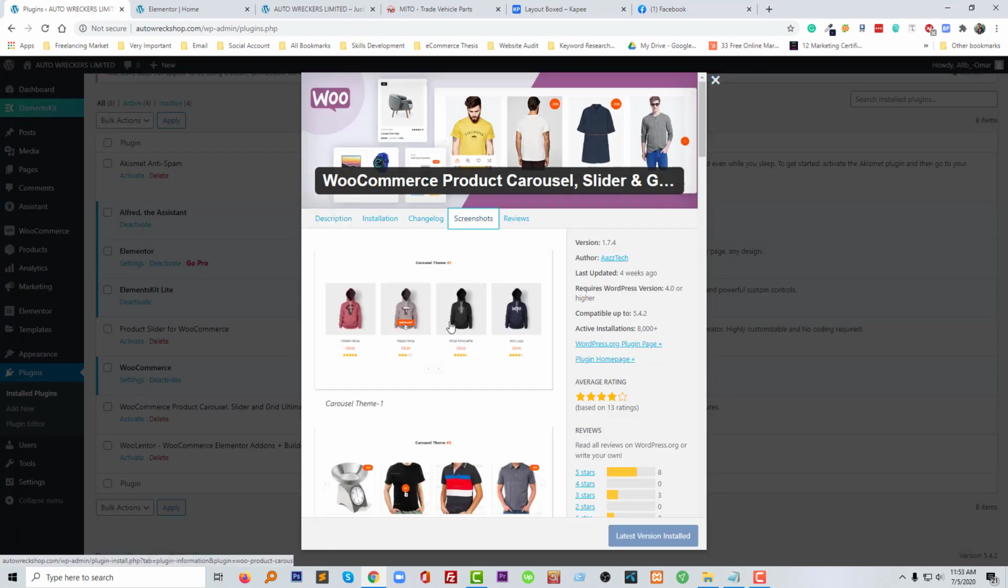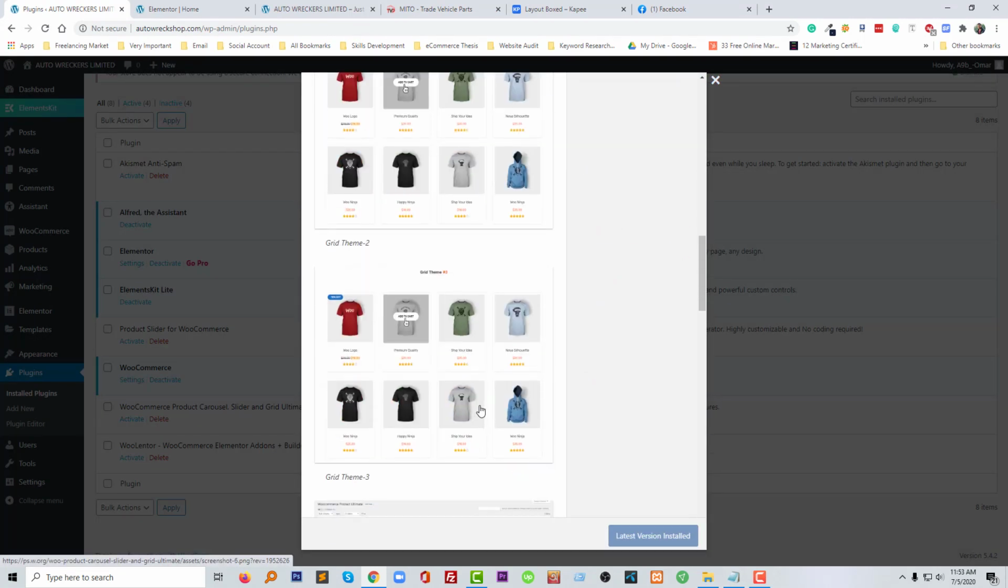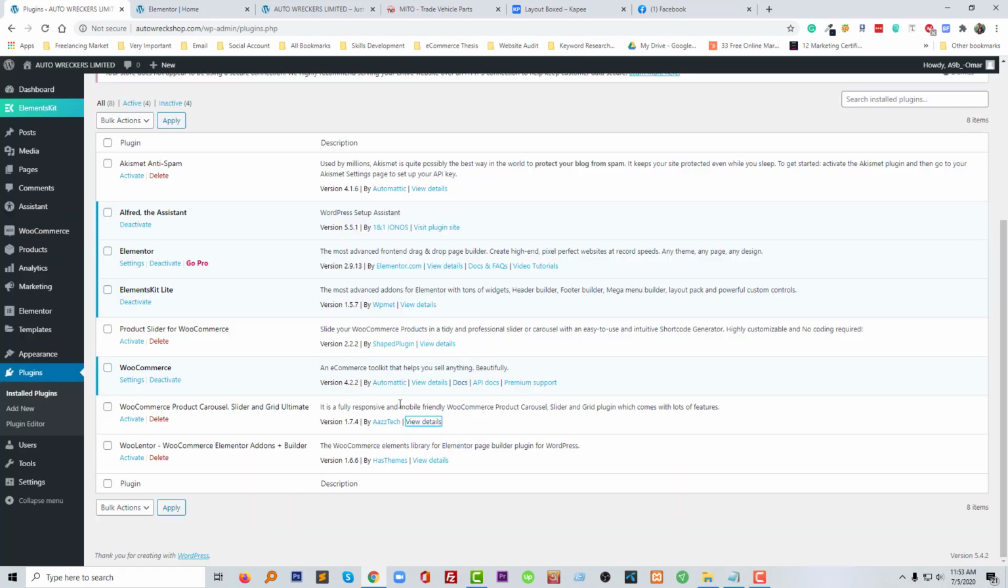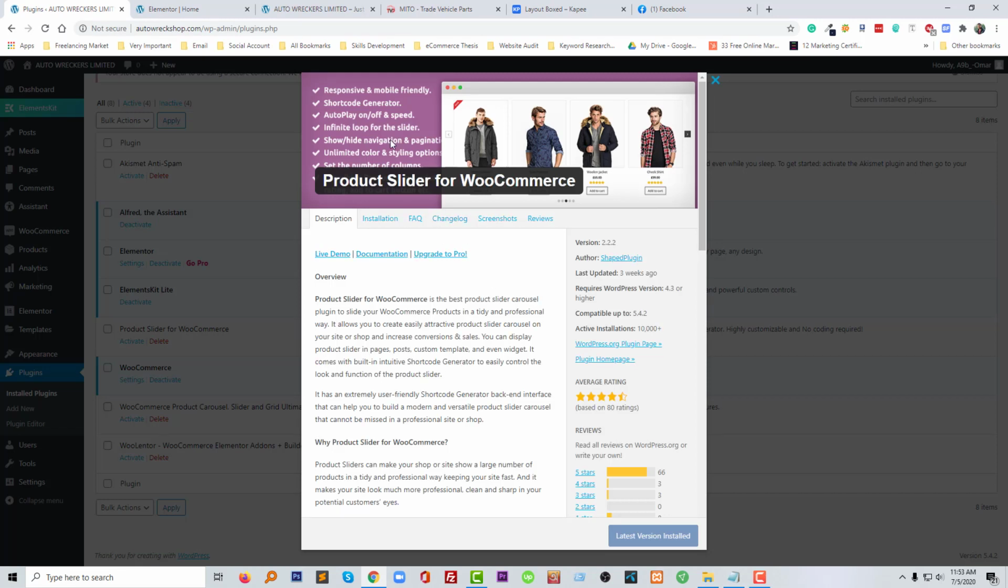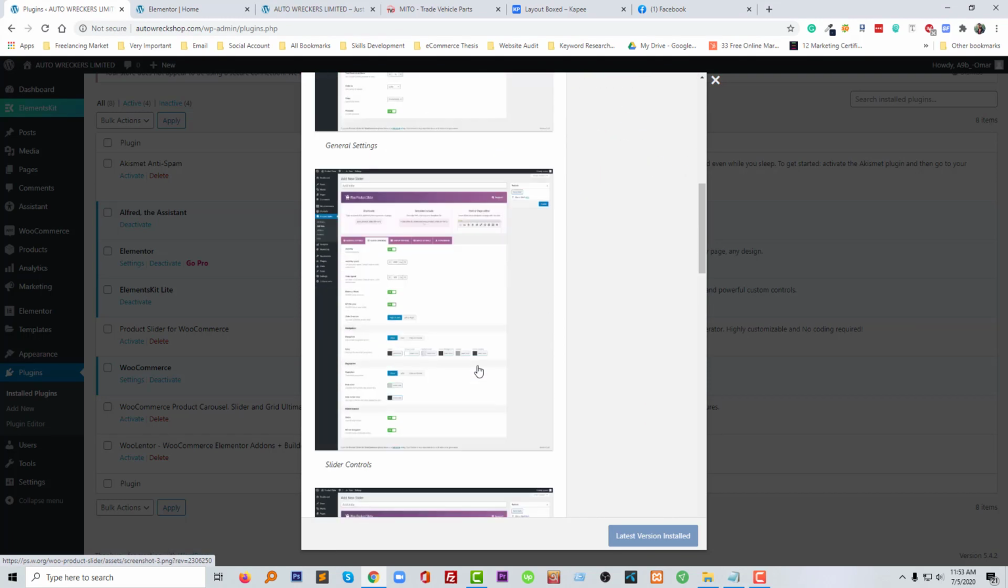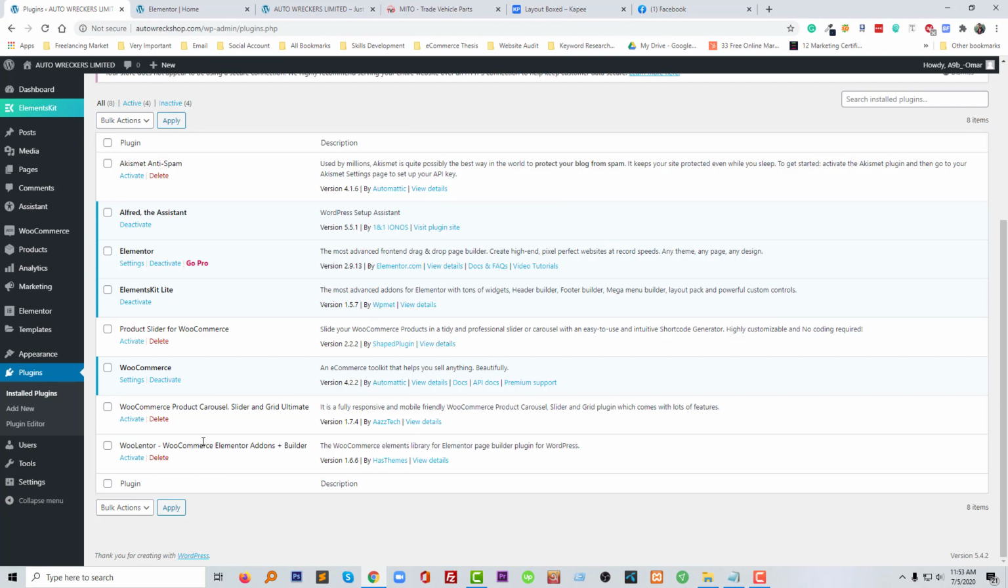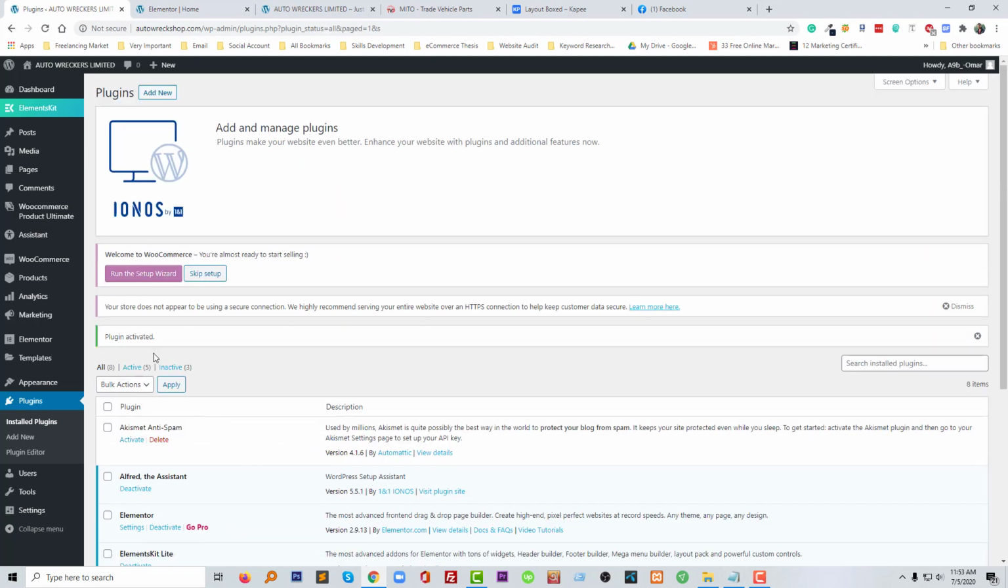Okay, so we have installed some plugins. For example, WooCommerce product slider and WooCommerce product grid. So there we have added different types of plugins for different styles. So now we are going to activate a plugin, then we will start our work to display products as a grid and as a slider. So I'm going to click on here,